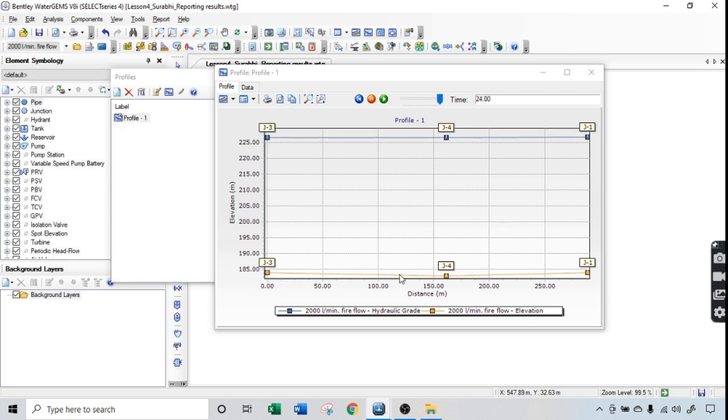Note here that the elevation will remain the same because it won't change with time, of course. The junctions will not move, so the elevation will remain fixed, but the hydraulic grade will change according to the flow of pipe in the water distribution network. So this is how you create a profile in